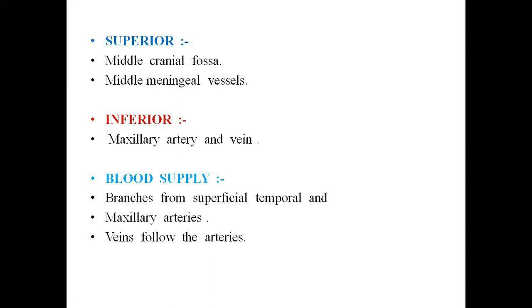What is the blood supply of this TM joint? Mainly, which blood vessels are crossing near the joint? Those give the articular branches. One is the maxillary artery. See, it is near the neck of the mandible. We identify the maxillary artery crossing, and it gives articular branches to the TM joint. Next, the veins. What are the veins? The maxillary vein receives the venous collection from this TM joint.